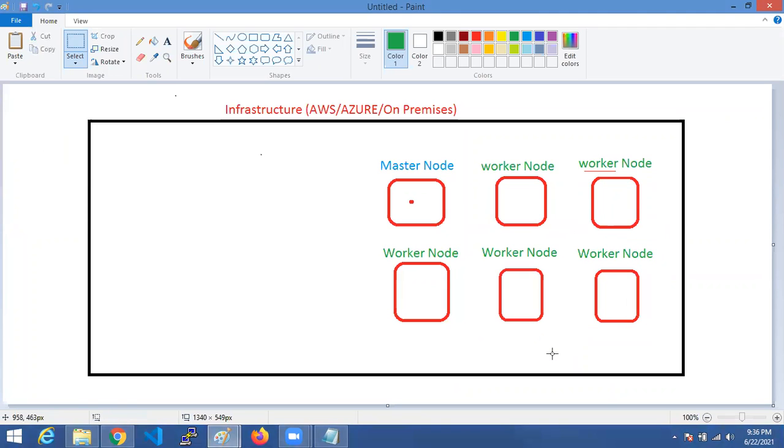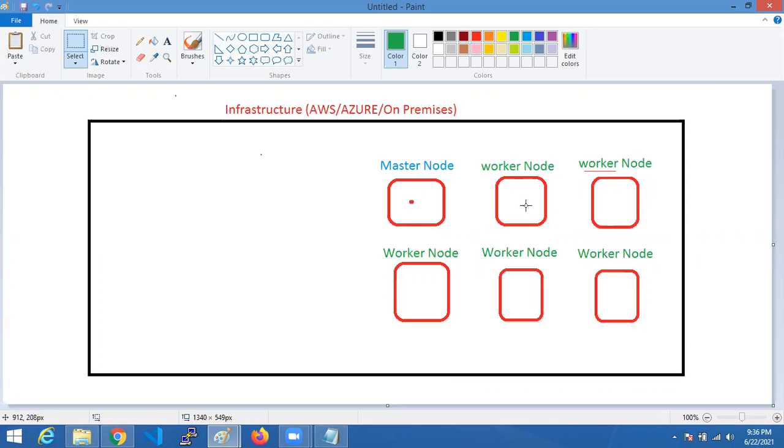First, you want to create some systems like an EC2 machine or VM, or on premises. By using VMware, you can create some machines. In this machine, you want to install Kubernetes first of all. In the master node, you want to install Kubernetes. All the remaining systems you should join to this master node. Then this becomes a worker node.